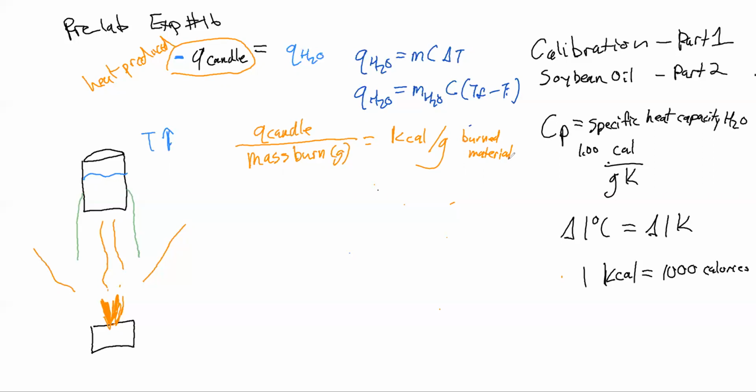Right? So that's kind of the basic premise of it, is that if we look at how much we burn, so this is that mass change. So our final mass minus our initial, that'll tell us how much of the candle we've burned away. And we can use that to figure out this ratio for the amount that we're going to produce. Now, there's just one caveat to it, and that's when we do a calibration. So our calibration is going to allow us to take into account